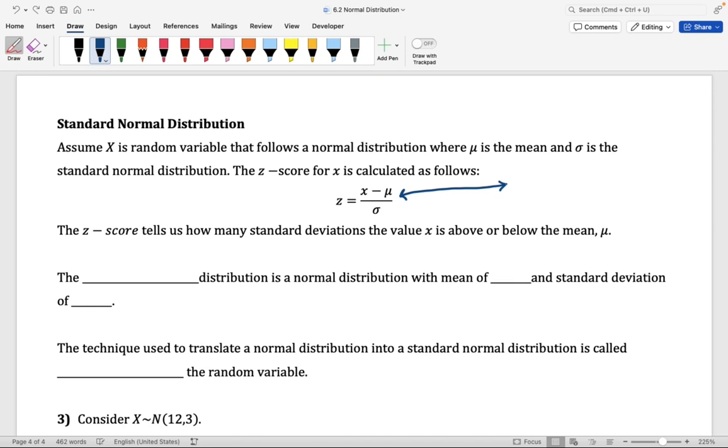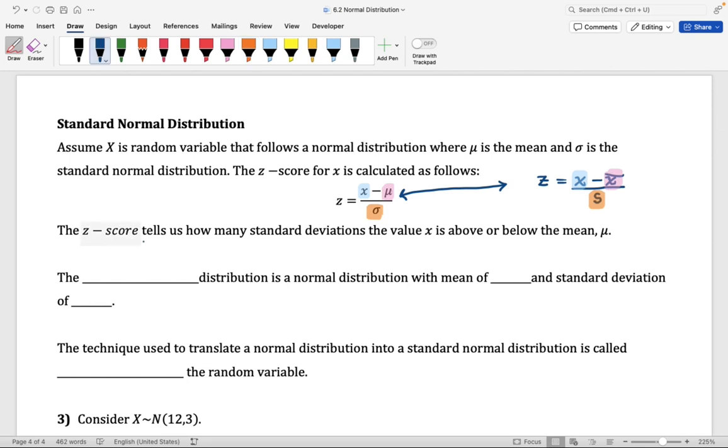In a previous lesson, we talked about computing z-scores, and we had z equal to x minus x bar divided by s. When we're using the mean of the sample, x bar, and the standard deviation of the sample, we use the formula here on the right. Now, if we have mu, the population mean, and sigma, the population standard deviation, then we use the formula here on the left. In both of these, we're taking our observation minus the mean, and we're dividing by the standard deviation. The formulas are similar.